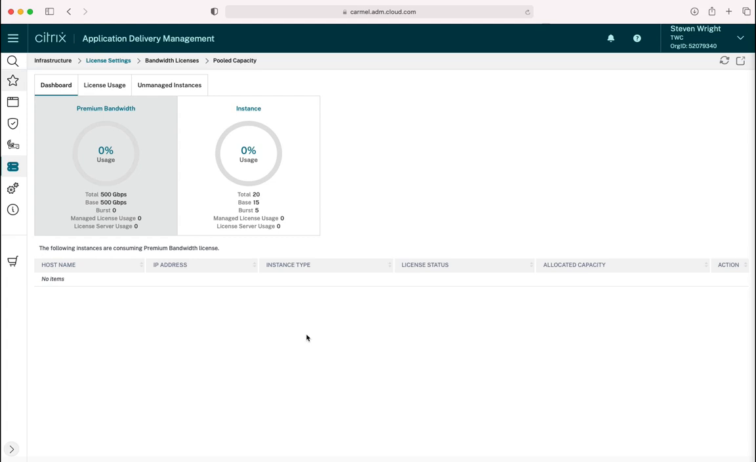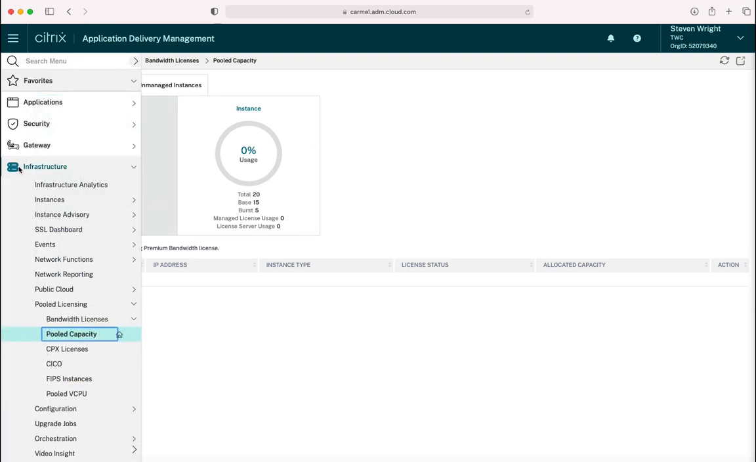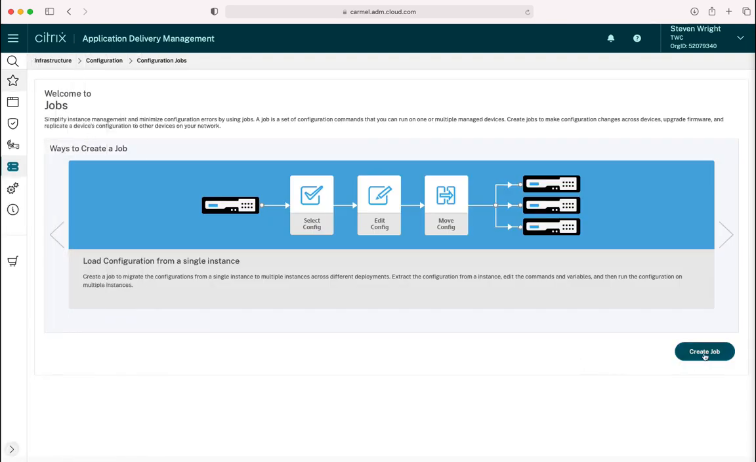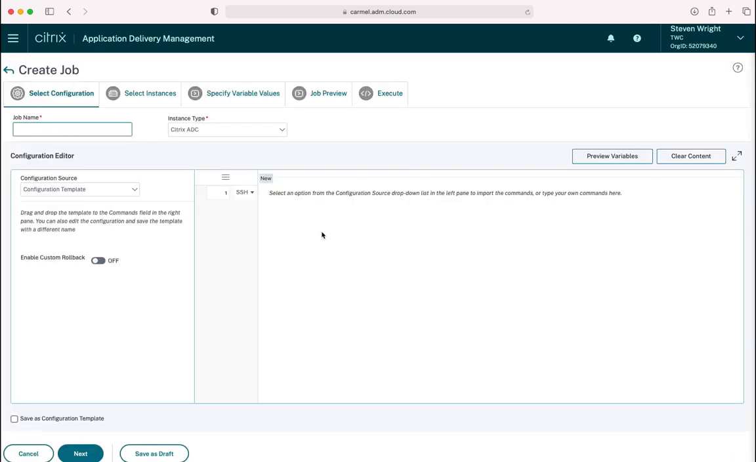At this point, I could connect to each of my ADCs, in this case one, and direct it to use the ADM agent as its license server. This would work without issue. However, if I had a large number of ADCs, this could also be quite time-consuming. Instead, I will automate the task by choosing Infrastructure, Configuration, Configuration Jobs, Create New Configuration. I will create a new job called License,